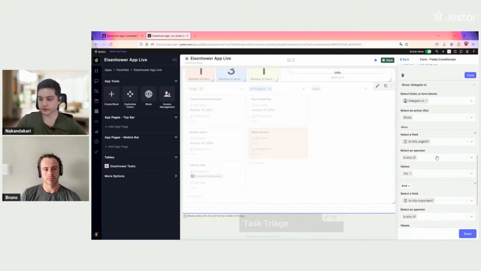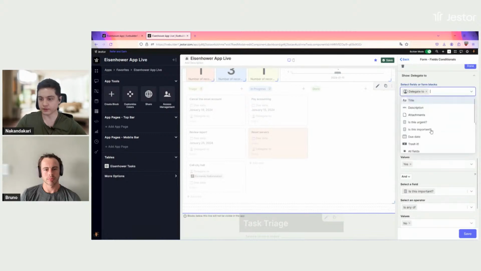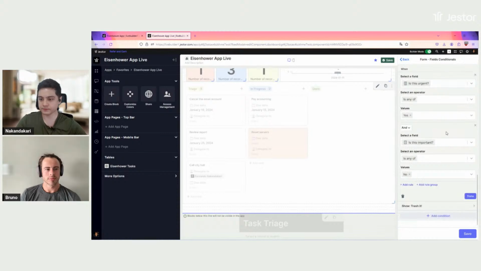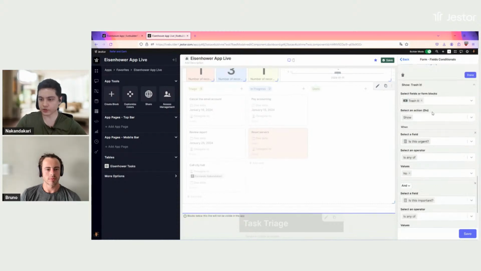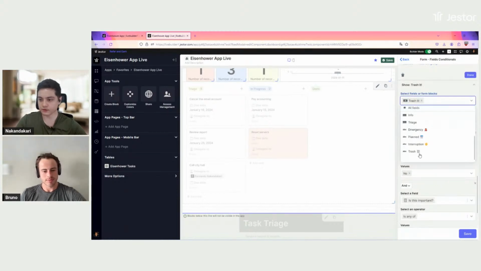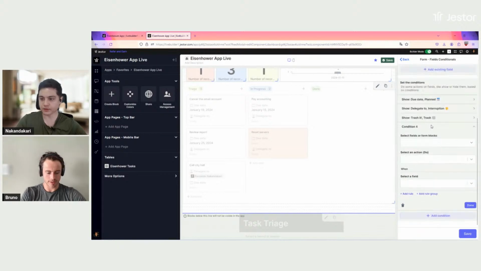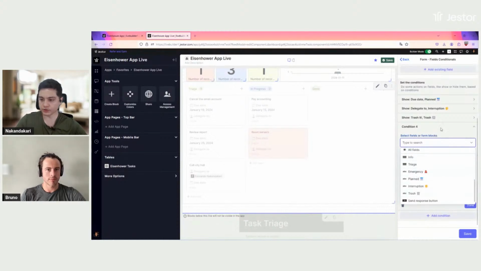Delegate to, it's going to show the delegate to field and also the interruption block. And we have trash it, the trash text,